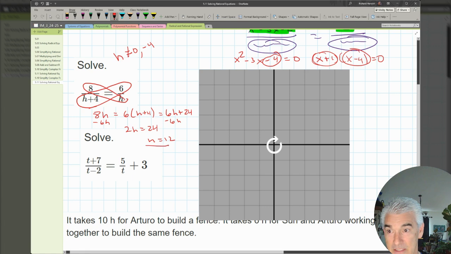Woohoo! Is 12 in my list of exclusions? No. Then I'm pretty confident that that is my solution there. Okay. How is this next one a little bit different? How is it a little bit more difficult? Well,